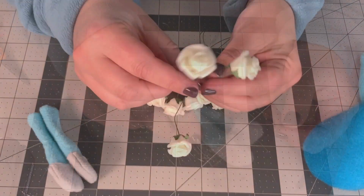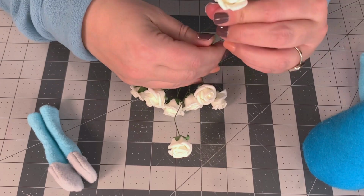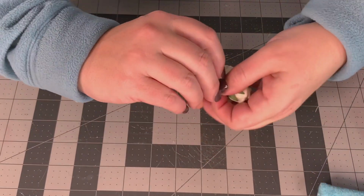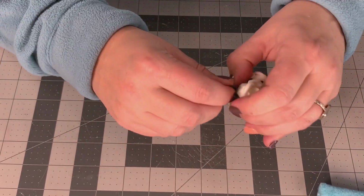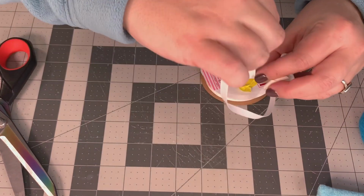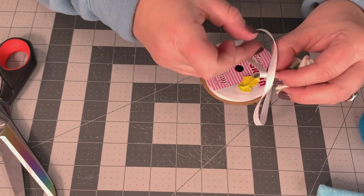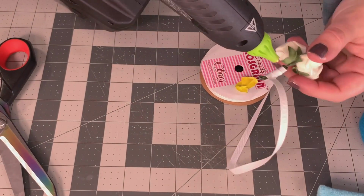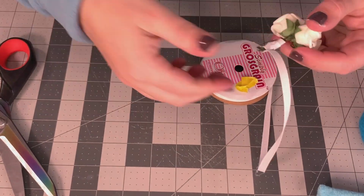So here we have two arms. I'm going to repeat that for the little girl. For the little guy, I'm just putting 3 small foam flowers I got from Daiso Japan together, wrapping them like they had these long wires, and I just wrapped it all together and then covered that in a white 1/8 inch ribbon because he wanted to be fancy because he's giving this bouquet to the love of his life